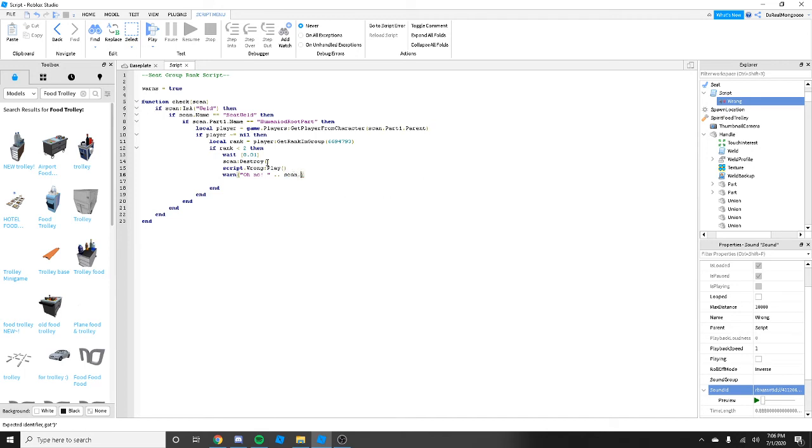Scan dot part 1 dot parent dot name. We're going to put it into one of these quotations. Then, at the end right here, it will have